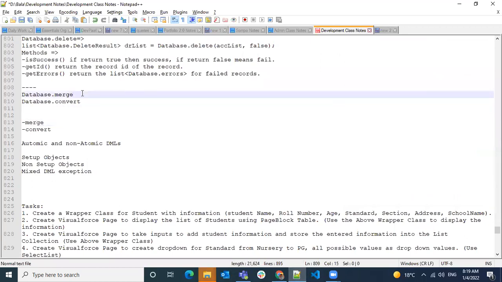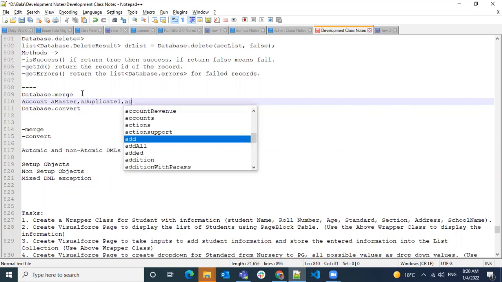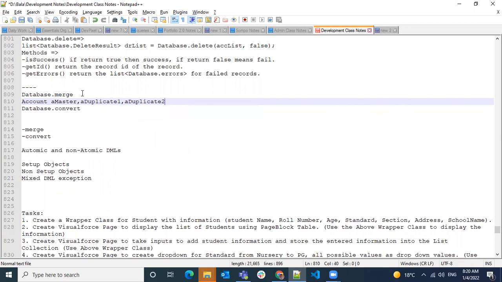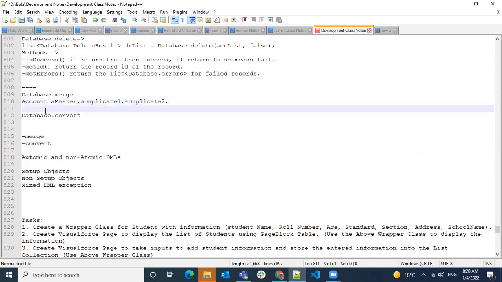And how do we do a merge? So here let's say I have an account A1, which I would call the master, and a duplicate one, and a duplicate two. So I have three accounts in total. One is a master and two are duplicates. Whatever is in the children of duplicate one, I want to transfer to the master. Whatever the children of duplicate two, I want to transfer to the master, and I want to delete these two records. Then how I do it is